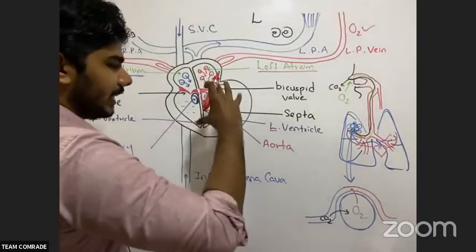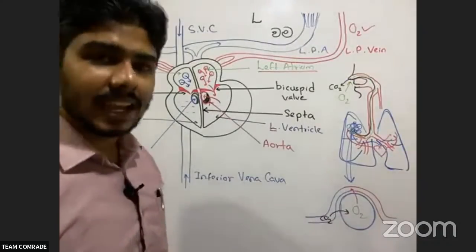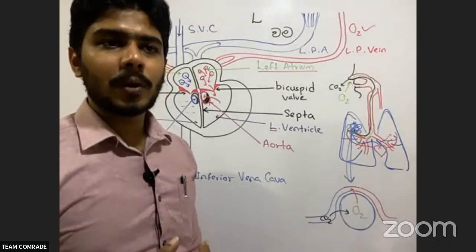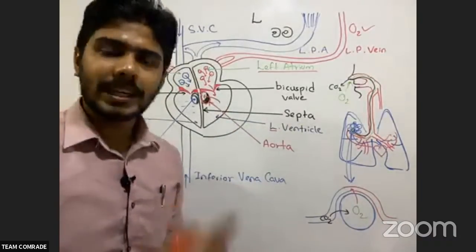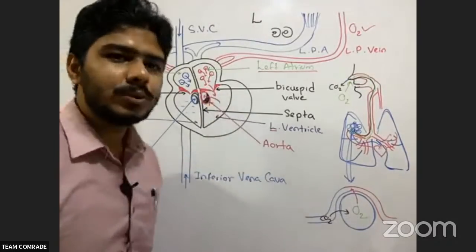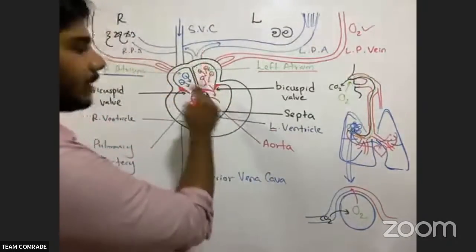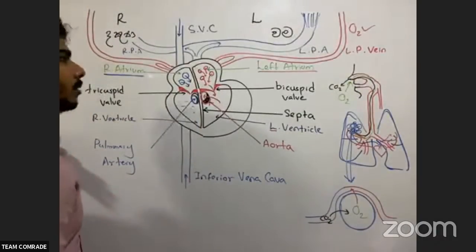So in here, little by little, for each second, for each millisecond, within 0.3 seconds, this is happening. The total cycle is 0.8 seconds. I will tell you how that happens. Right now, within those few seconds, quickly, the blood is entering the aorta. So that aorta should come out now.